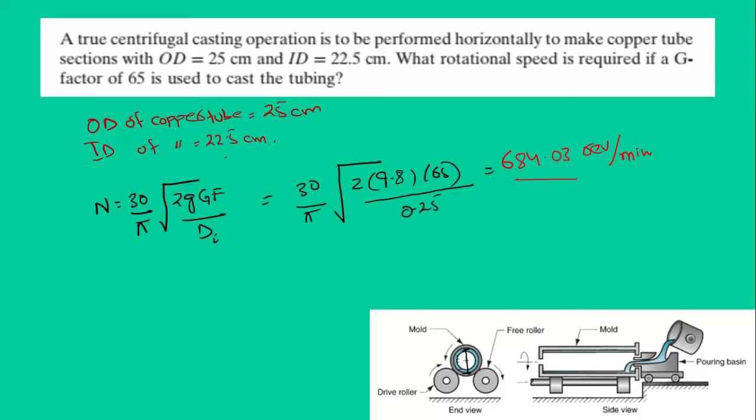Now the second case for this one is the vertical alignment. We can also perform true centrifugal casting in the vertical alignment, right? It's called a vertical true centrifugal casting. Let us divide this one. So we will have the mold cavity like this. If I draw the section view,